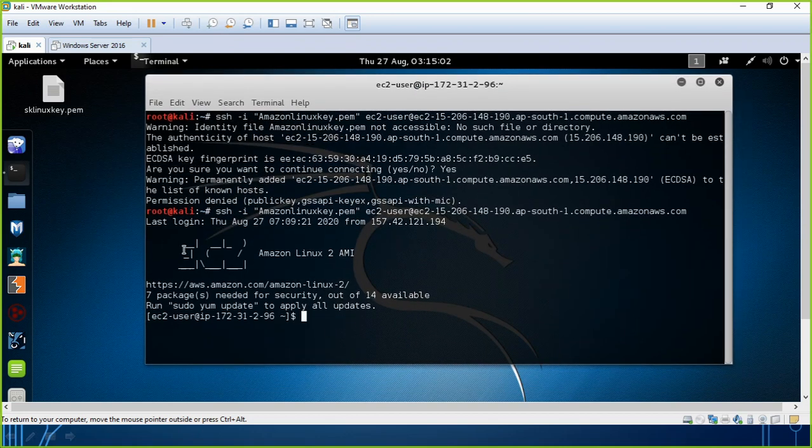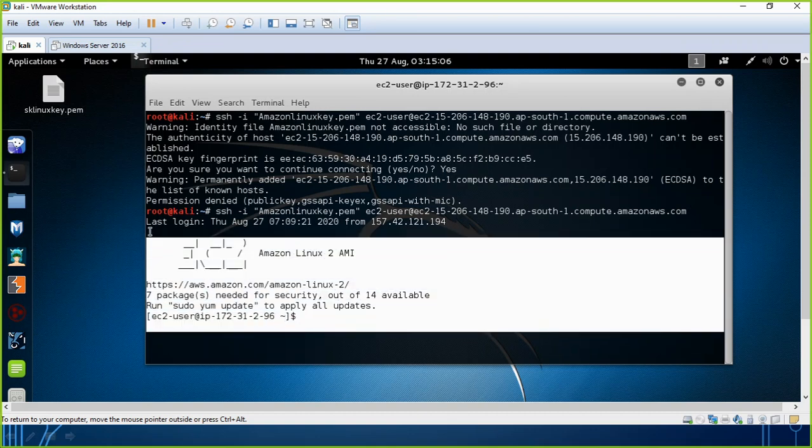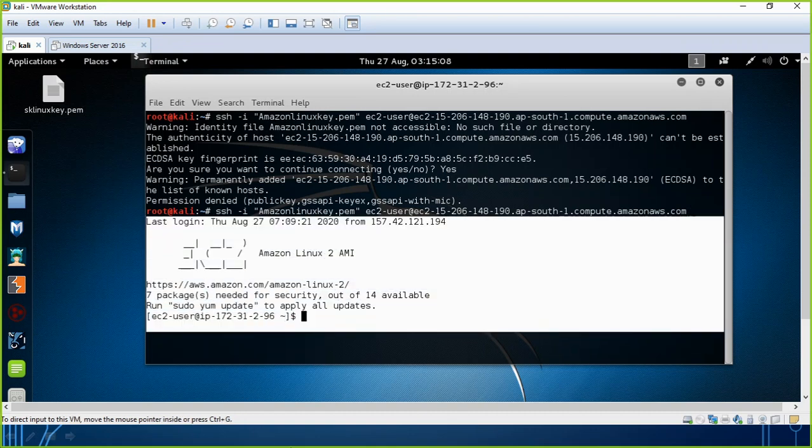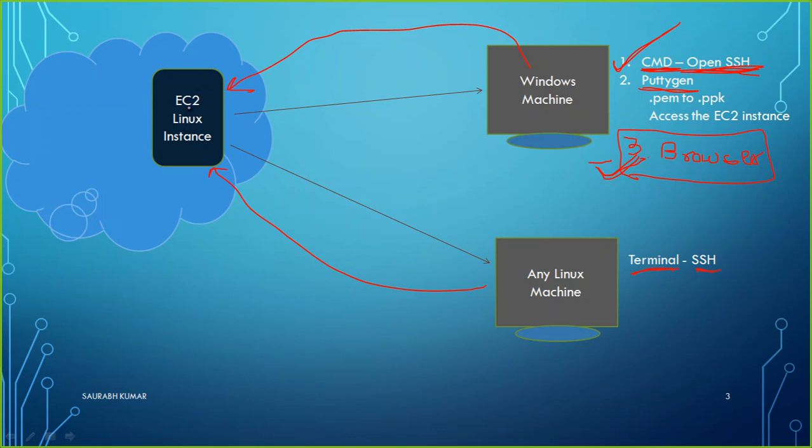I am on EC2 Amazon Linux 2 AMI. You can see this. So this way I have tried to demonstrate how you can do this practical, accessing a Linux instance from a Linux machine itself. You went to the terminal and used the SSH command, but you need to have the key, that is the .pem file.